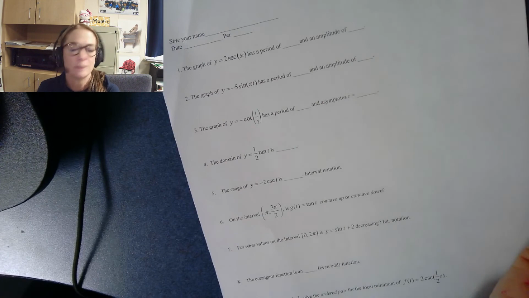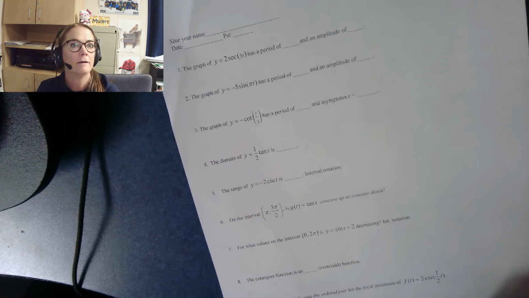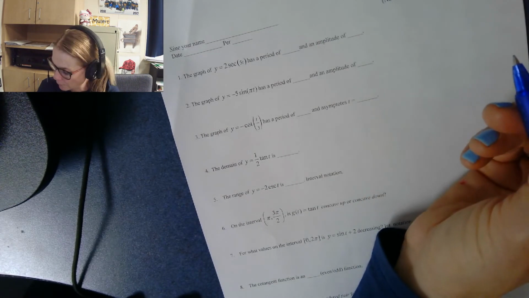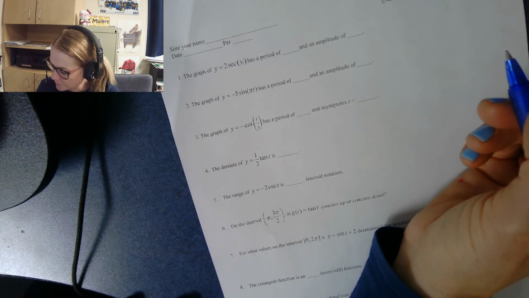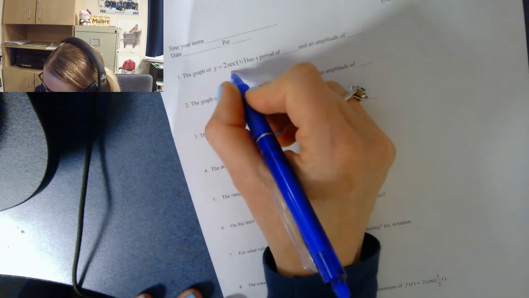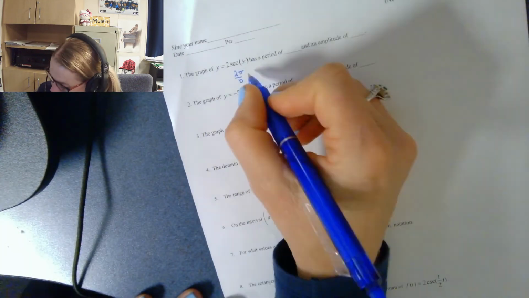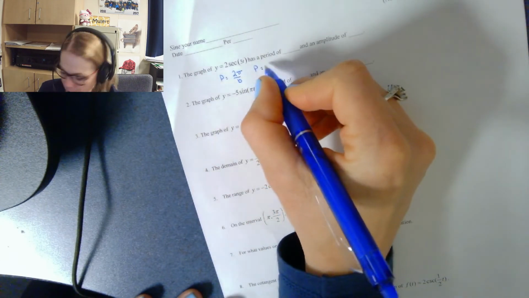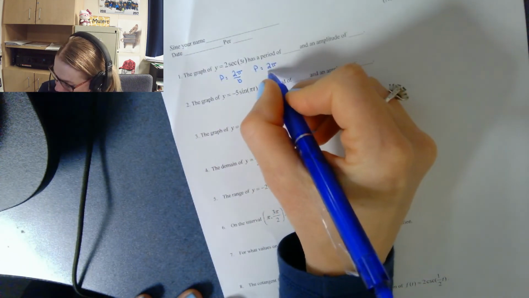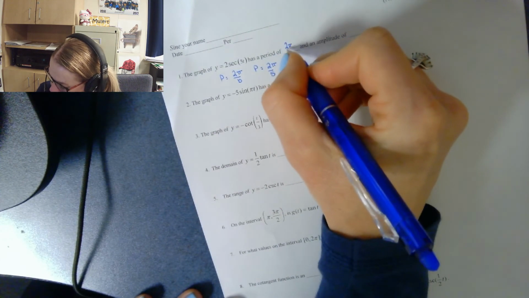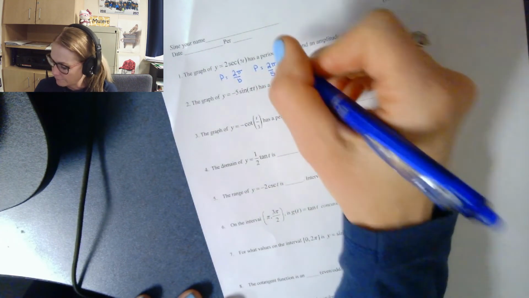So let's start with the first one. The graph of 2 secant 5t has a period of and an amplitude of. Okay, so let's start with our period. Let's go with the 2 pi over b formula. That's the period formula, and so the period is going to be 2 pi over 5, not even any simplification to do. So that's going to be 2 pi over 5, and an amplitude of,